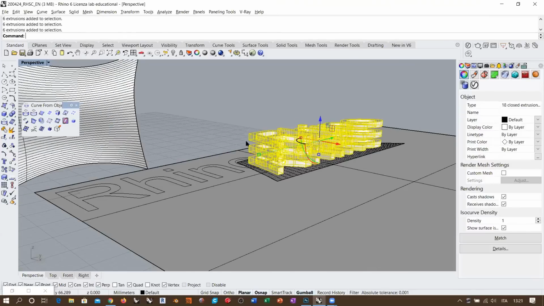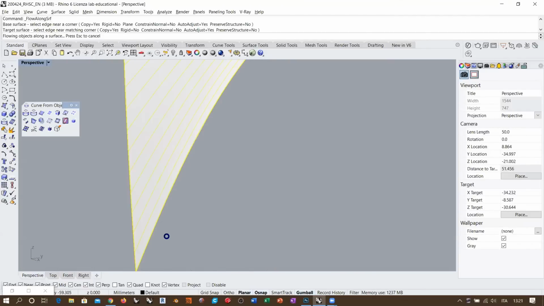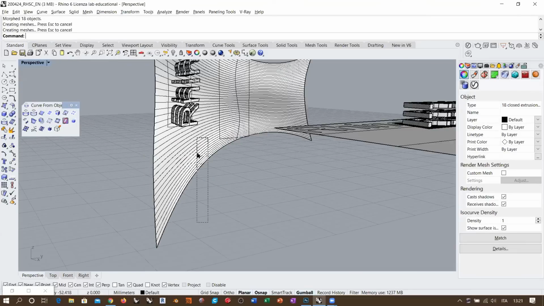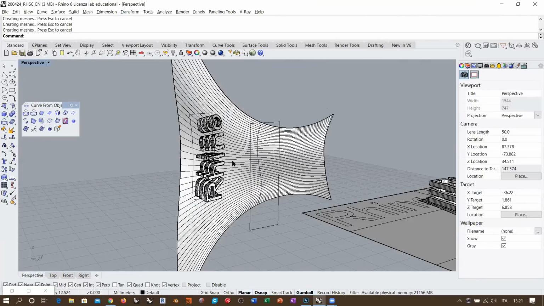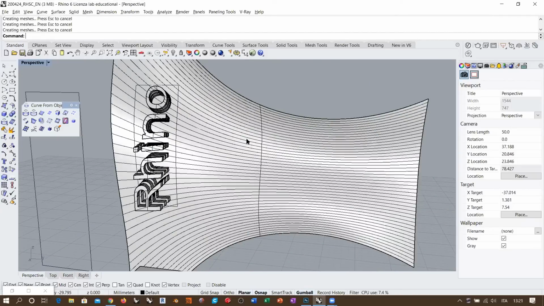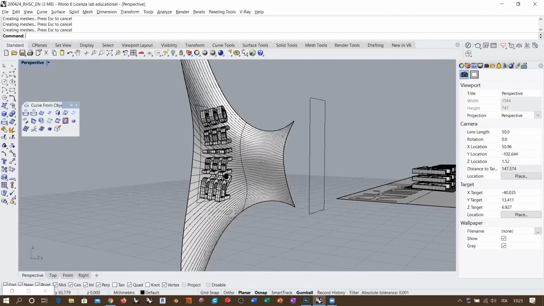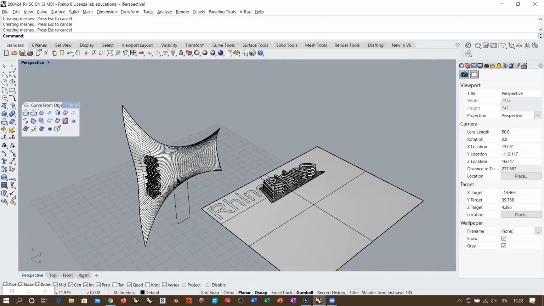So you can take these 3 objects here and flow them from this surface to this surface, and you will have 3 layers of Rhino applied in the same area of your surface, all following the geometry and the deformation of your original surface. Okay, but all extremely regular because you regularized